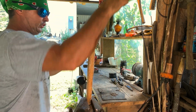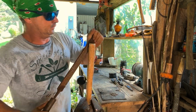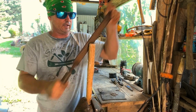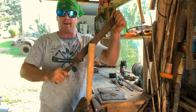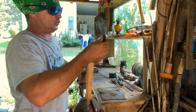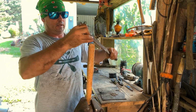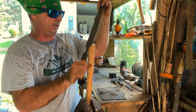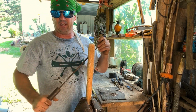Now I just chopped that down with a hatchet the other day. And I'm not trying to make it perfect, y'all. I know a lot of people, depending on what I'm making, but stuff like this, I'm just trying to go for function, because most likely I'm going to tear this handle out. It's willow. I really don't know how well it's going to hold up. I would have preferred to put hickory in it, but